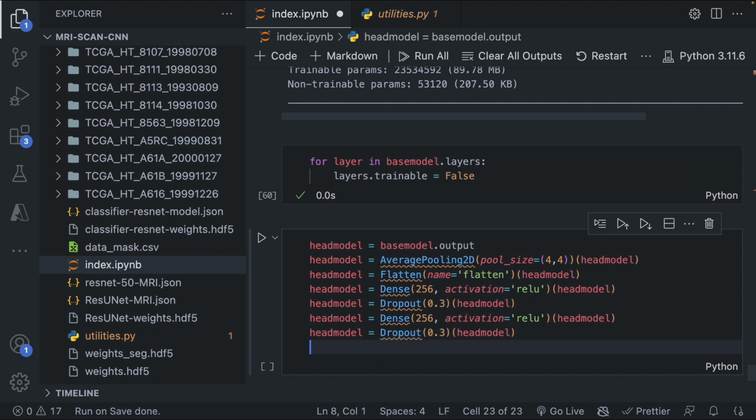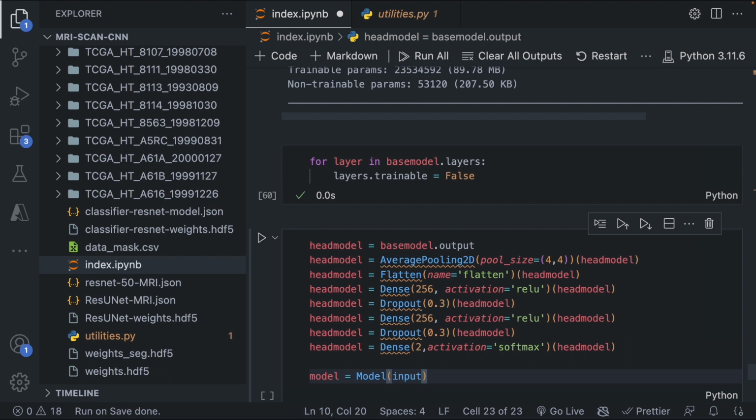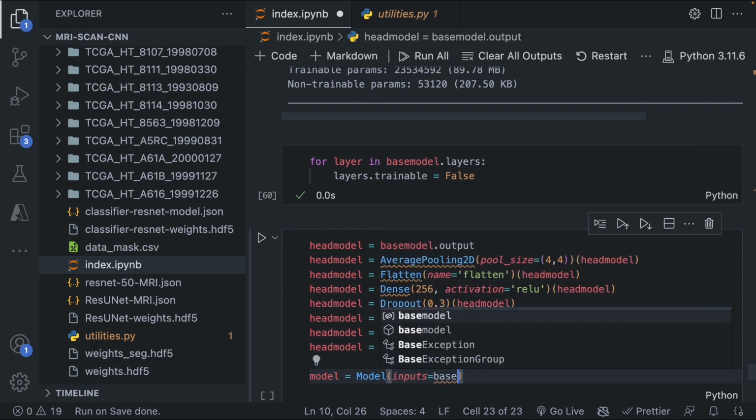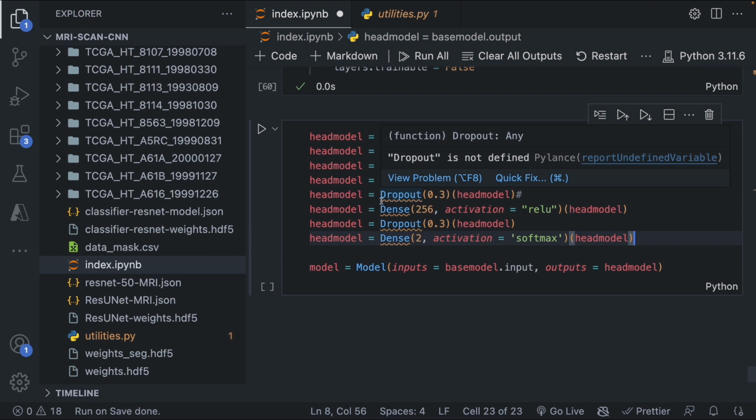Then we add a final dense layer with 2 neurons for the 2 classes. So we are going to have a head model equals dense 2, activation softmax, and the head model. We type model equals Model, we give it inputs to be the base model dot input, and we give it an output to be the head model. Let's run this code,